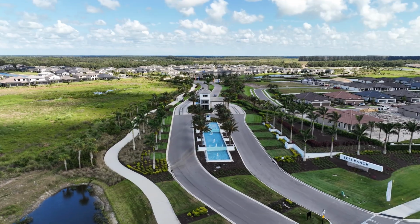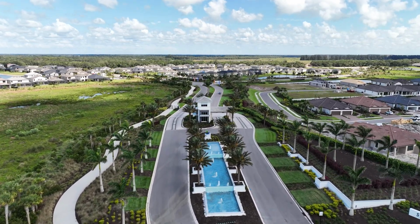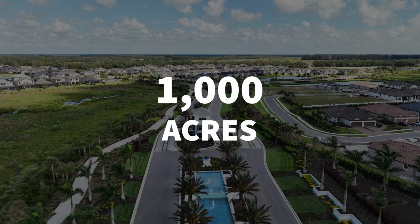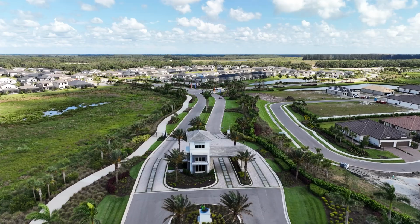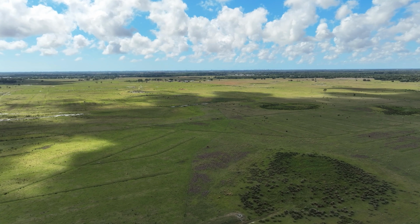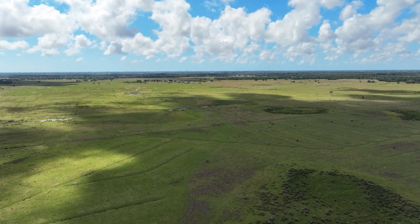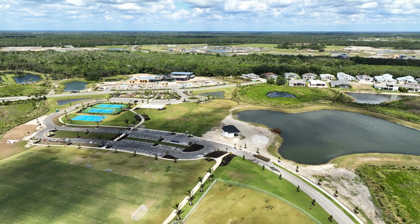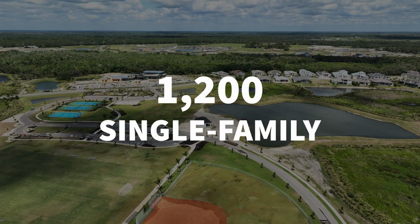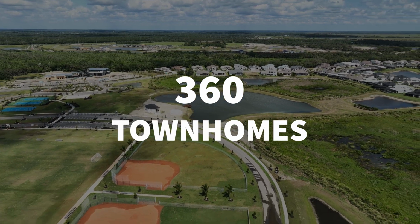Skye Ranch is one of the biggest new construction communities in Sarasota, and will sit on about 1,000 acres of land. Around Skye Ranch is a lot of nature, a lot of untouched land. I would imagine that in the future, it's going to be built upon as well. Skye Ranch, once it's completely built out, will have 1,200 single-family homes and 360 townhomes,